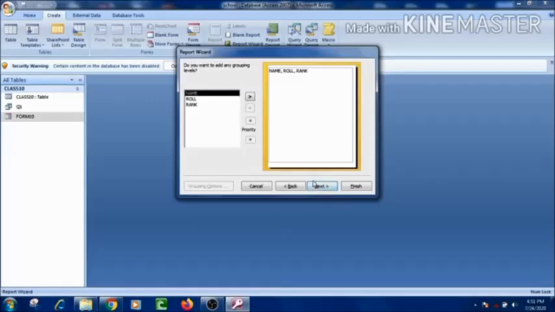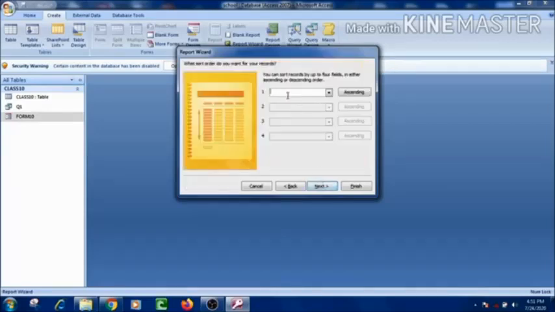In this wizard we have to do nothing, simply I will click on the next button again. But in this wizard we set the sorting order of the records for the report. For this purpose I have to select the field.